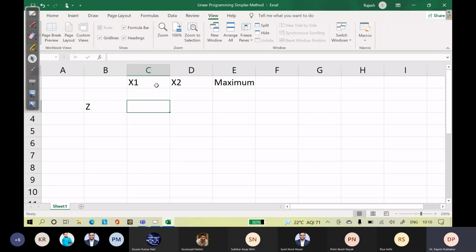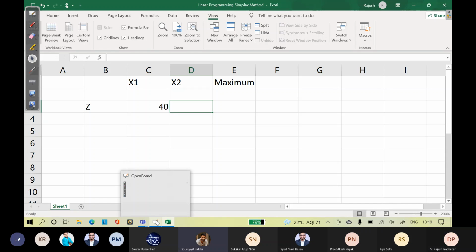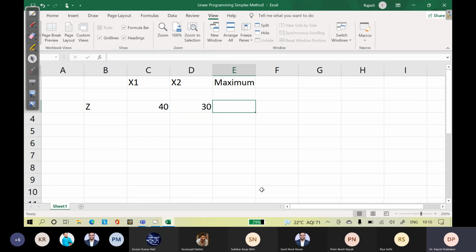Z is equal to, what was the value for Z? 40 and 30, right? Yes, sir. 40 and 30.